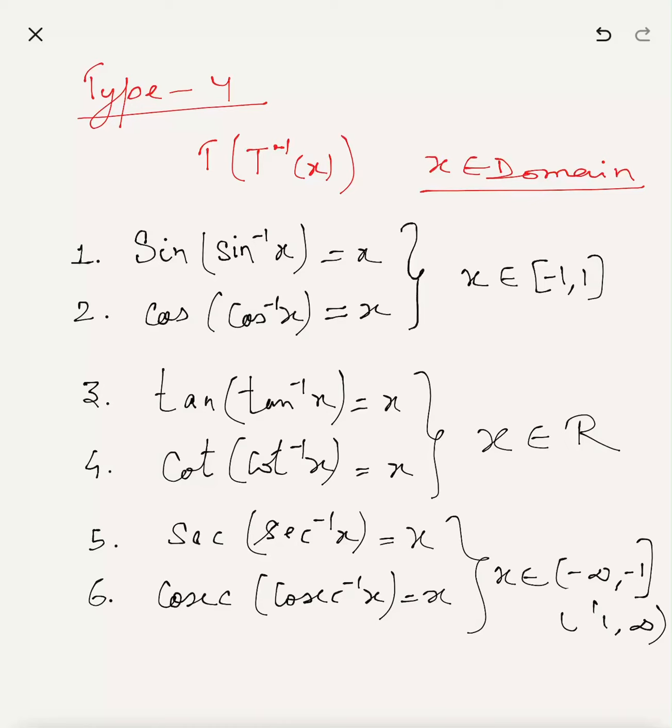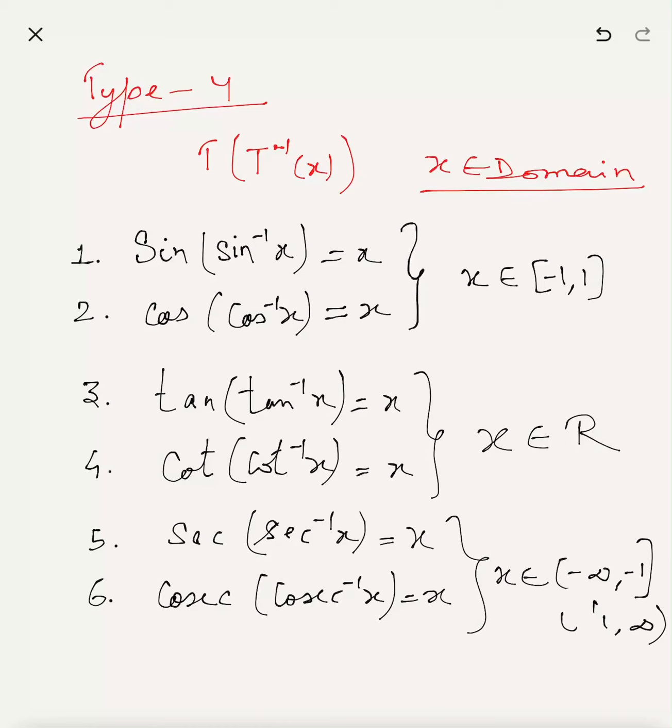So let me start lecture 4 of inverse trigonometric functions. Today I will discuss type 4. I have discussed type 1, type 2, type 3 in my previous lectures. Okay, so we will see some properties of inverse trigonometric functions which are in type 4. Okay, so the type 4 is,